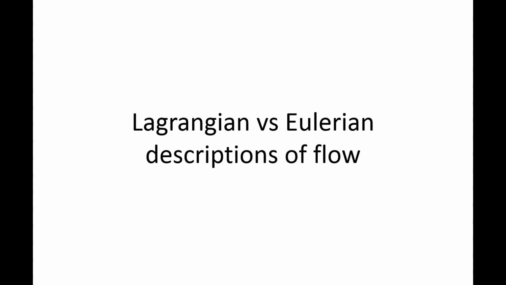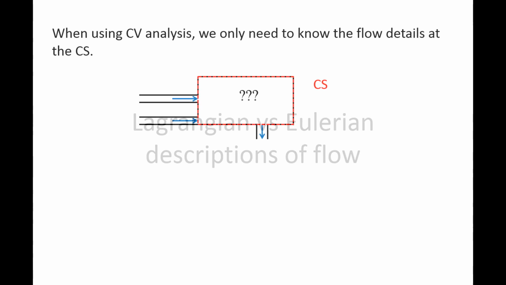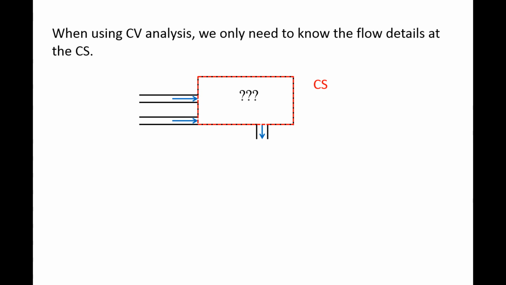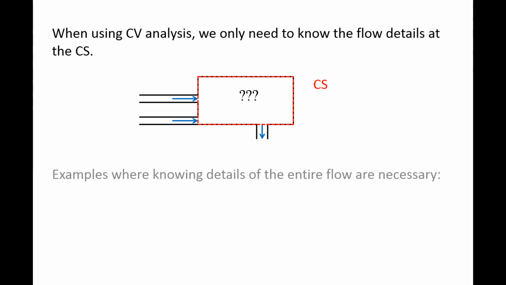In this lesson, we will discuss the difference between the Lagrangian and Eulerian descriptions of fluid flow. When analyzing the performance of devices using control volumes, we only need to know the flow details along the control volume surface and are not required to know the details of what happens inside the control volume. However, there are many situations where knowing the details of the entire flow at every point in the region of